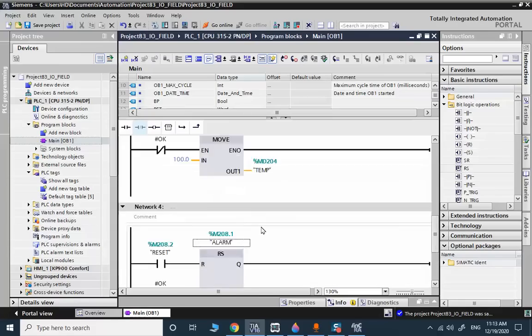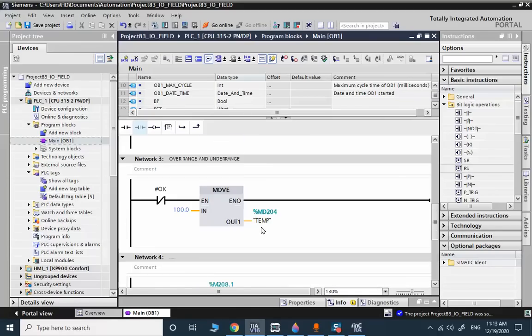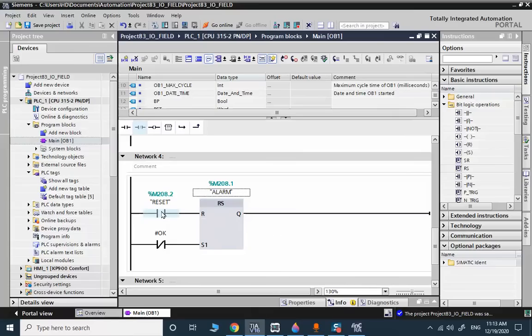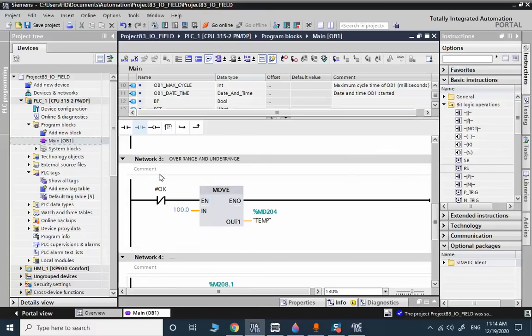This alarm is crucial for us. When we have this alarm we use S prior. In S prior, in case of the validity of the set signal, when the set signal is true and at the same time you have the reset signal, the output will be true, and it's the best case to use for alarm. For overrange, underrange, and error,